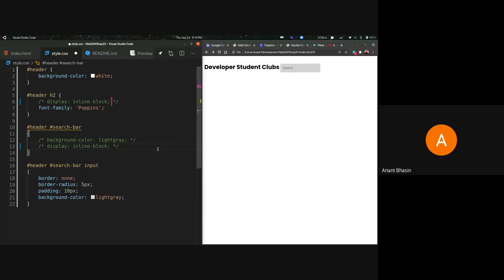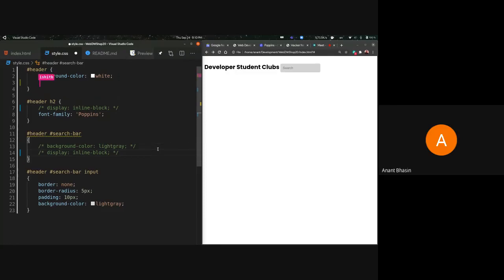So now what he's going to do is, you're changing it for the header ID div, right? Yeah. First, I'm commenting out the inline block so that the styling gets removed, and the header is back again in two lines. Right, because we're going to use flex for the elements now.